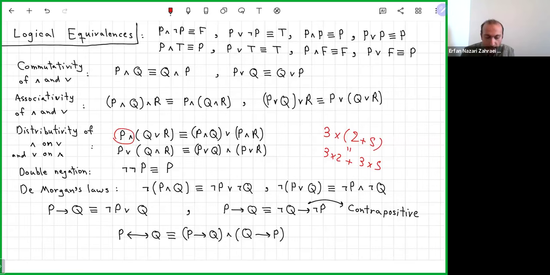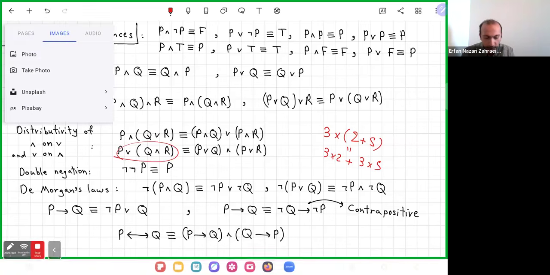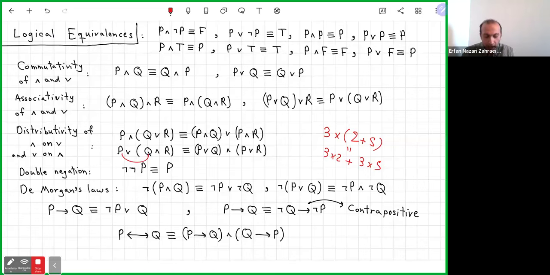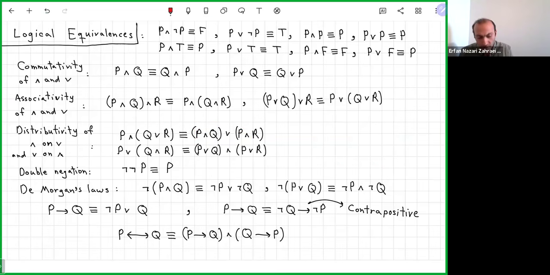And will distribute on or, and also or will distribute on and. So if you have P and Q or R, then you can do P and Q or P and R. That's how I'm distributing. The same for or. If you have P or this, then you have P or Q and P or R. From left to right, it's like I'm distributing. From right to left, it looks like I'm factoring. It's like I have these common things and I factor them out. Again, don't memorize this. Memorize this property and what distributivity is in general.